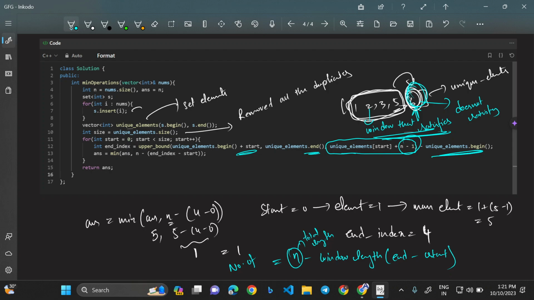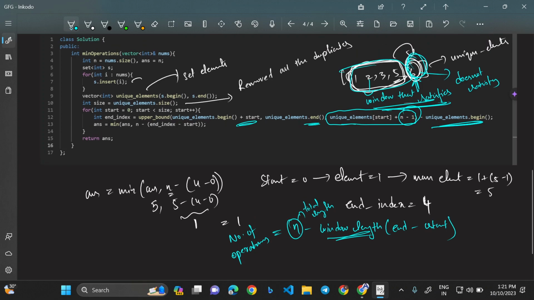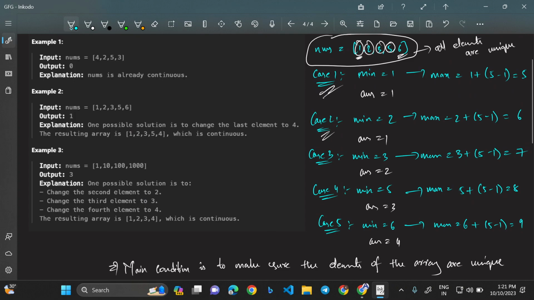The number of operations is basically total length minus window length. So the window length is basically the window that is actually satisfying the condition, right? So that's how we need to do it, and in the very first iteration we will get the answer to be 1, and that would be the minimum. As you proceed further, as we have dry run this example, 1 2 3 5 6,